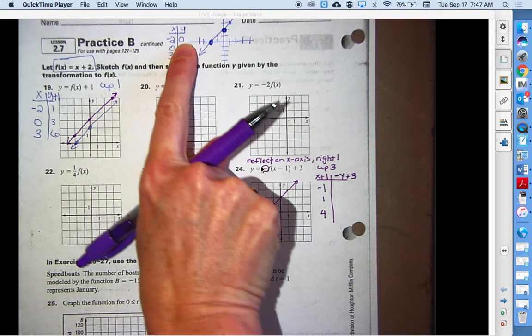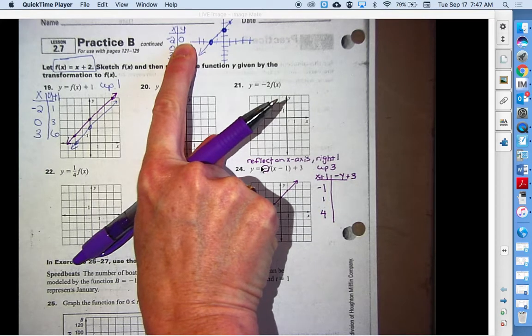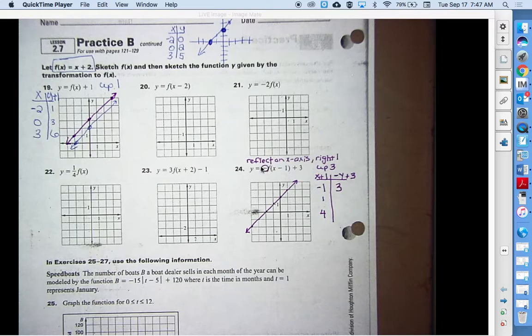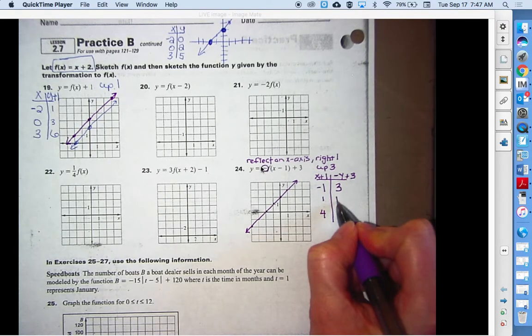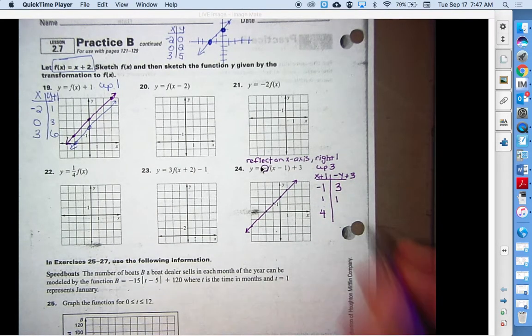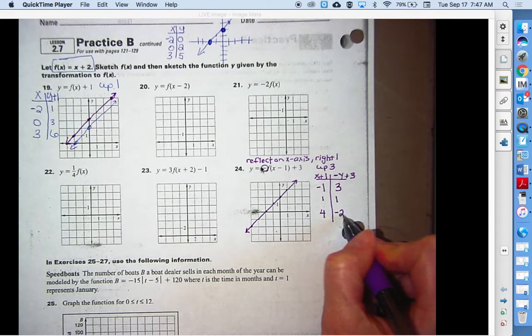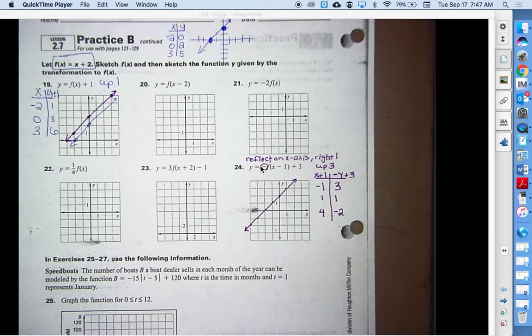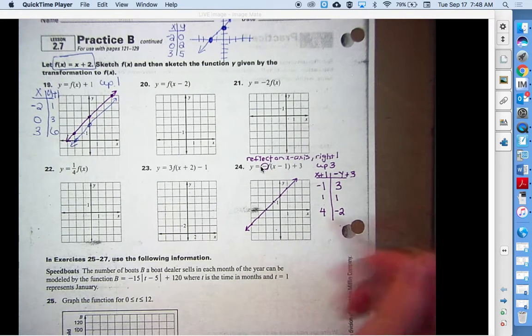So I had a 0. Well, -0 is still 0. And then add 3. I have 2, so now it's -2, add 3. I have 5, so now it's -5, add 3. So I should still have a line. It's just that line is going to shift right and up 3, and then it also should be a reflection. So it's going to look a little different because it's reflecting. So if I just graph these 3 points,